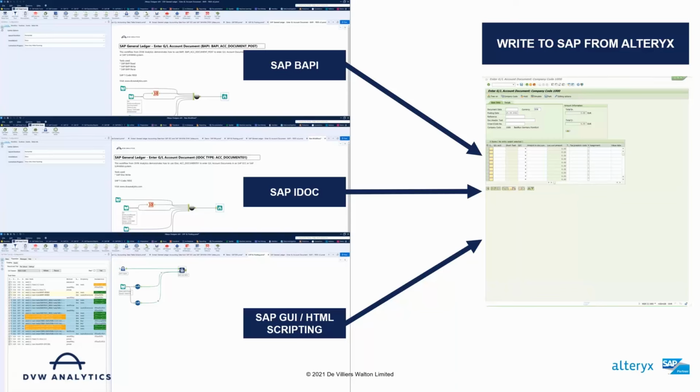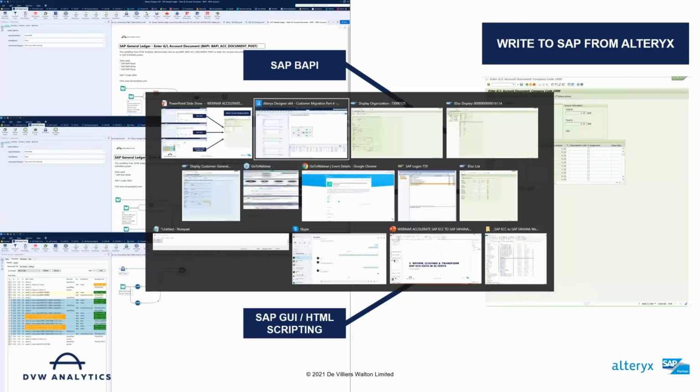But if I'm in the business user camp and I just want to get some data in there quickly, then we have the Alteryx RPA tool. What our RPA tool does is allow us to work with SAP GUI scripting and HTML scripting from within Alteryx. So if I come back to my Alteryx environment,